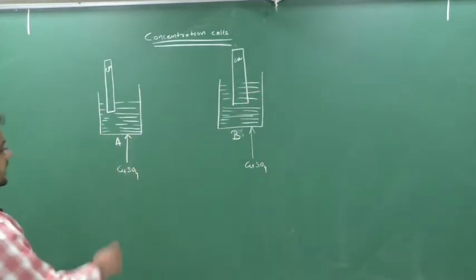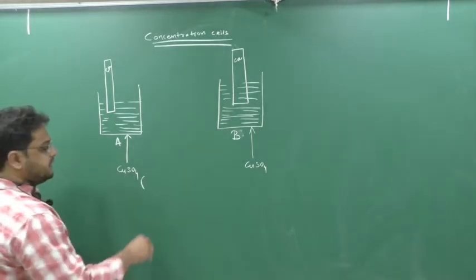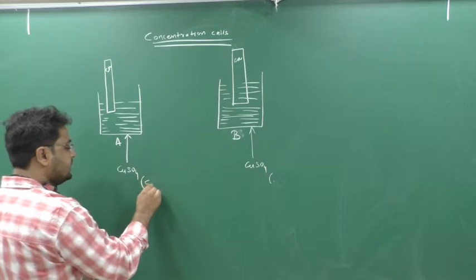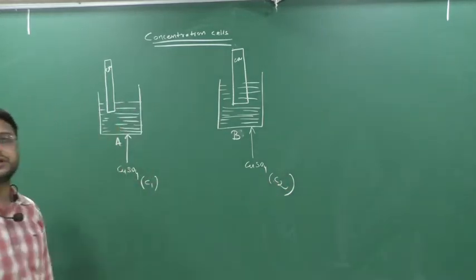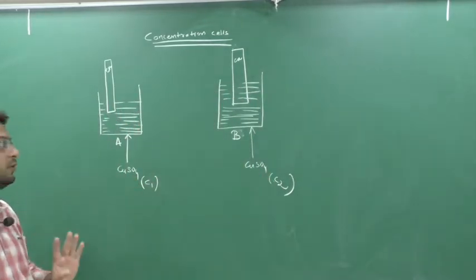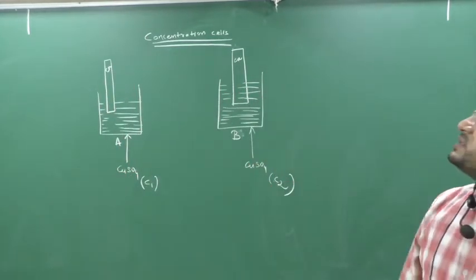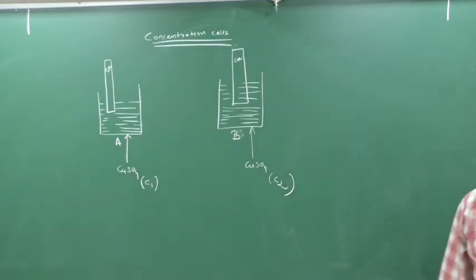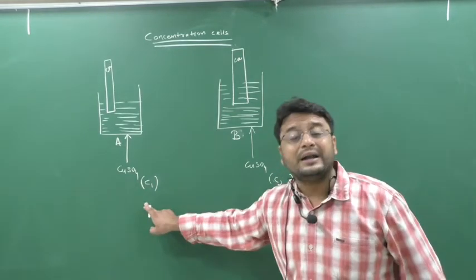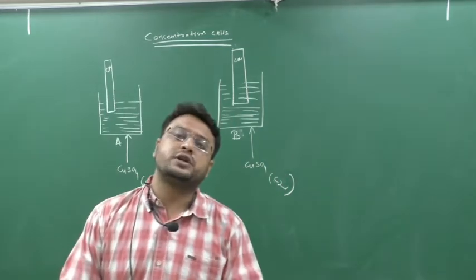How? The salt solution which I am taking will have a different concentration. Suppose here I take 1 molarity, then here I will take 2 molarity, or if I take C1 molarity here, then I will take C2 molarity there. The concentration will be different, so the electrons will start to flow and electric current will also flow, but the cell potential of such a type of cell is very less. Clear? So, concentration cells are cells in which the anode and cathode are the same, the electrolytic solution in both is also the same, but they have a different concentration. Such a type of cell is known as a concentration cell.